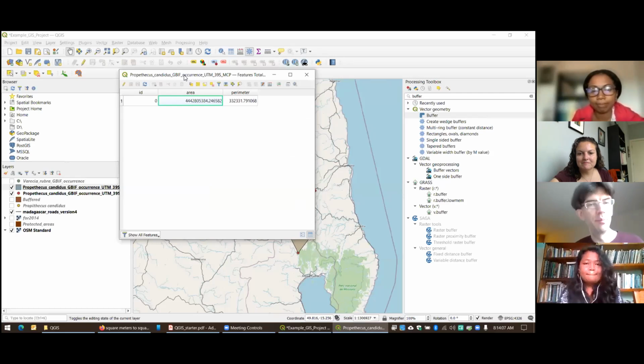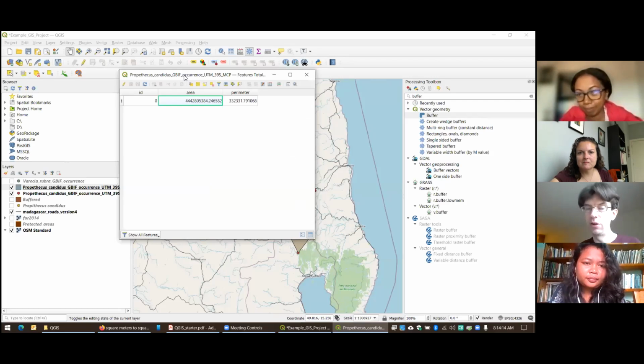Now I want to take a bit of a deeper dive in calculating areas because we got lucky and it showed us what the area was automatically. But what happens if that isn't the case? Or you get a file and there isn't an area column here and you still want to calculate the area. If that's the case, what you can do is come up to this open field calculator button up here in the attribute table. Click on that.